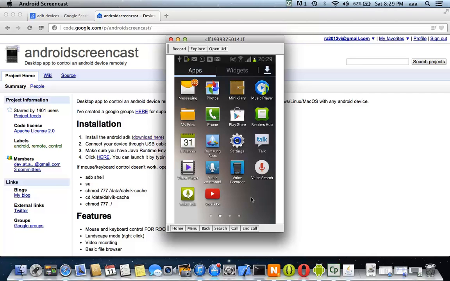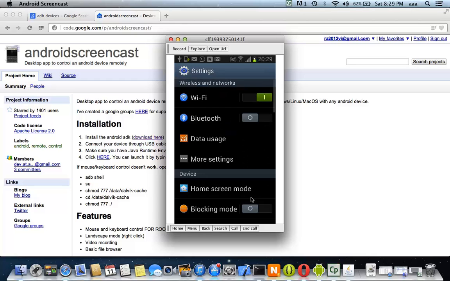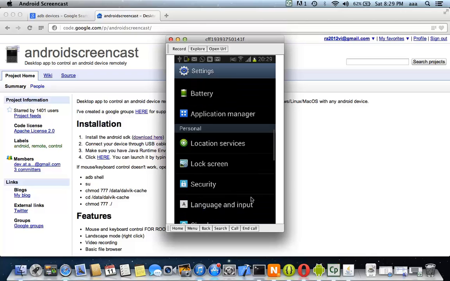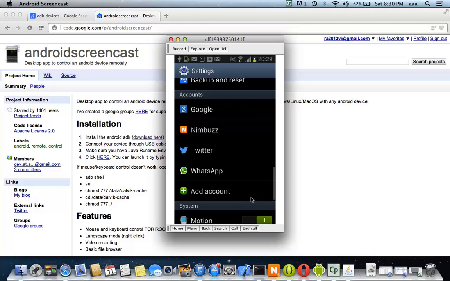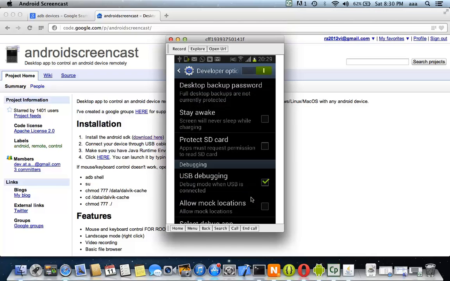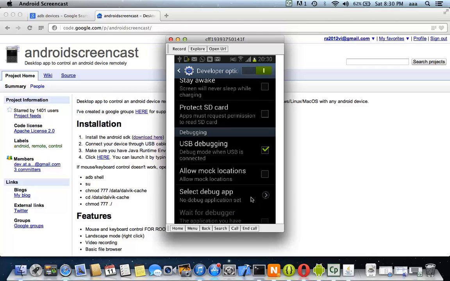So I tap on settings, then applications. As I told you before, everything is an application inside Android, right? So I go there, I navigate down, I see Developer options, and I go there, and I see that USB debugging is on. Developer options is on at the top, USB debugging is on. Okay.